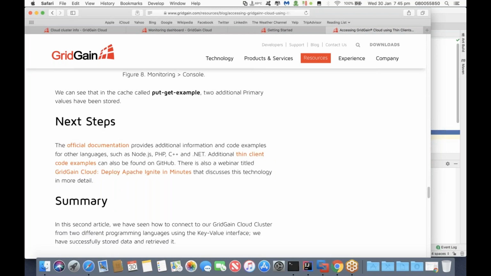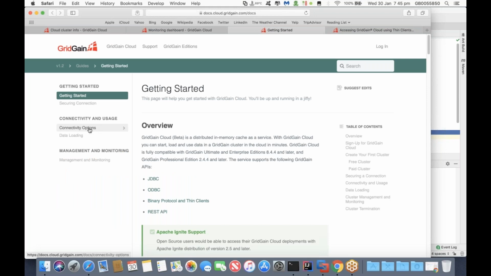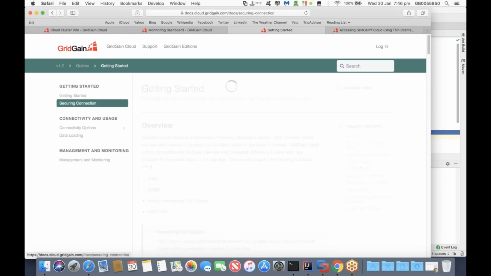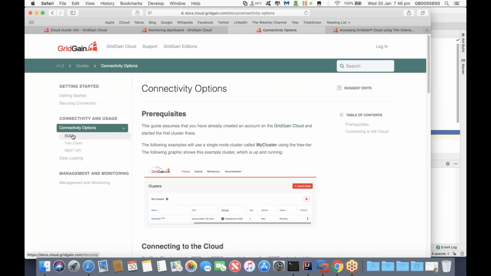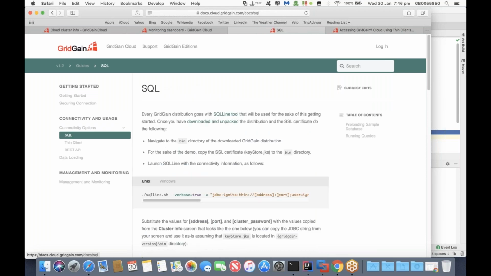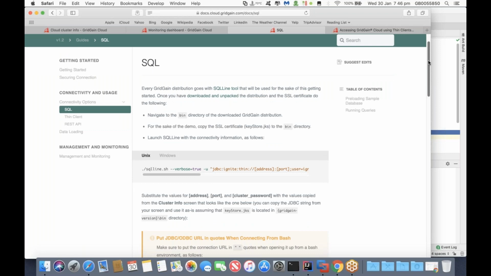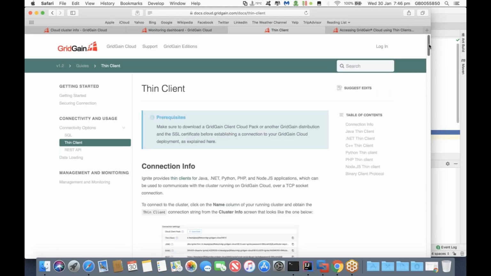So next steps then, with the documentation that is available, the getting started is obviously a great place to start. How to secure the connection is going to be very, very important to you in terms of authentication, encryption, and so on. And then, as I said before, there's plenty of coverage in terms of utilizing SQL. Rob talked about this, JDBC, ODBC, just using standard SQL from the notebook environment, for example, and also how to use the thin clients, for example. And here,